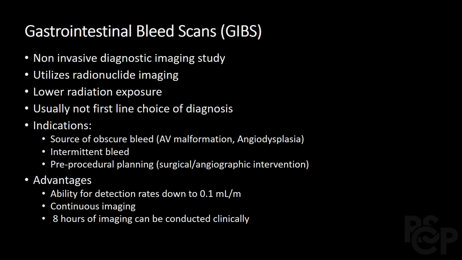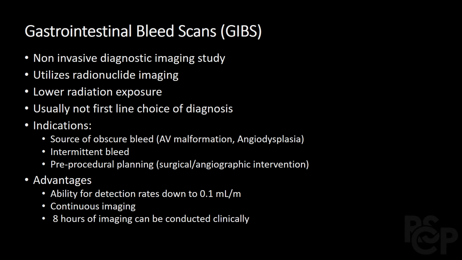So gastrointestinal bleed scans are a non-invasive diagnostic imaging study used to identify sources of gastrointestinal bleeds. They utilize radionuclide imaging and they involve low radiation exposure. They're usually not the first line of choice of diagnosis. They're indicated in specific clinical scenarios. They're used to identify sources of obscure bleed or intermittent bleed, and they're usually ordered by surgeons or interventional radiologists